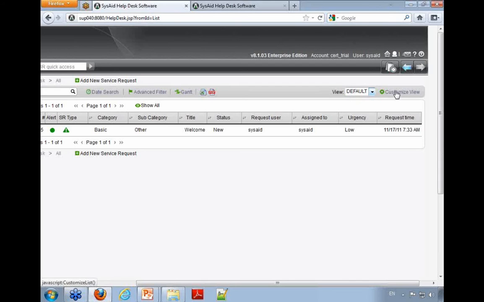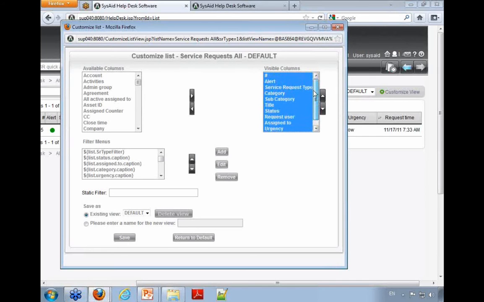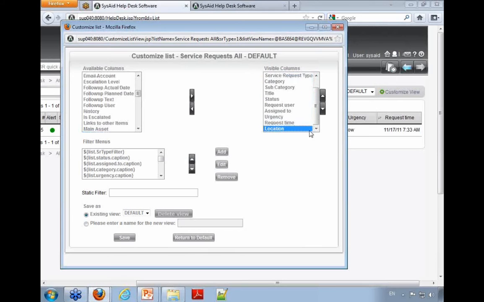You need to be a Sysaid administrator. You need to have Sysaid administrator permission to actually customize a view. So you can click on that, and you're going to get a pop-up with the view configuration. This is where you see the columns that are currently visible in that view, and these are the available columns you could add. So maybe we could add location into the view, because maybe that's a piece of information that's interesting for me in that specific view, for that specific